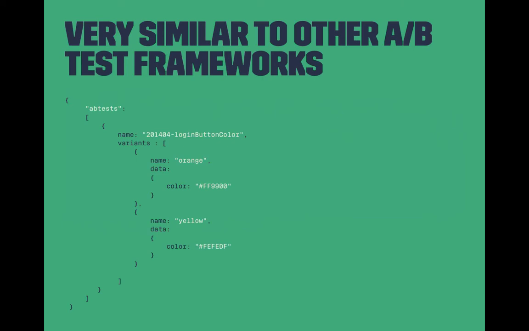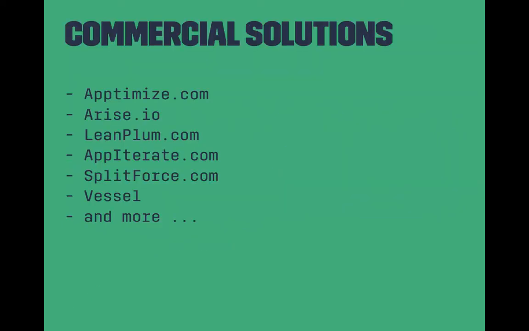And so you end up building an API that returns your A/B tests and your variants, and then at that point you have to implement the code inside of your application in order to execute on top of those variants that come down. But what that allows you to do is determine, hey, does this button have more interaction based on its orange or if it's yellow? Who knows? Now, if your application is just starting out and you want to kind of get a quick glimpse